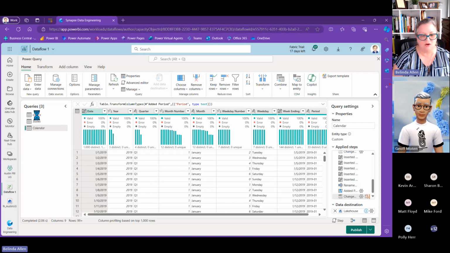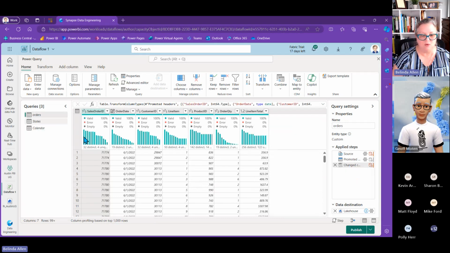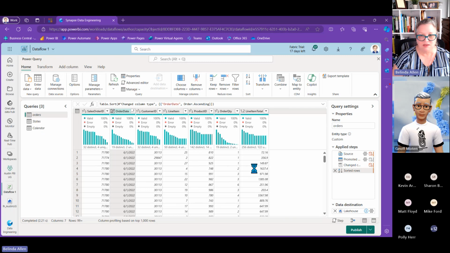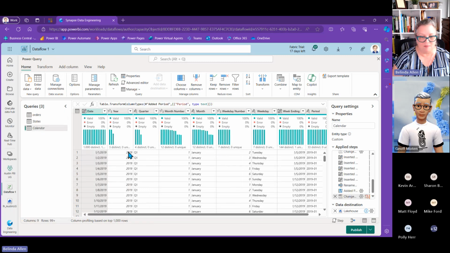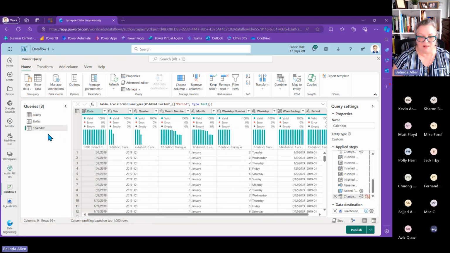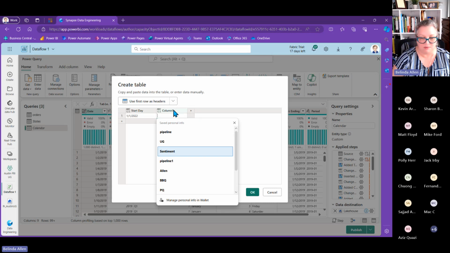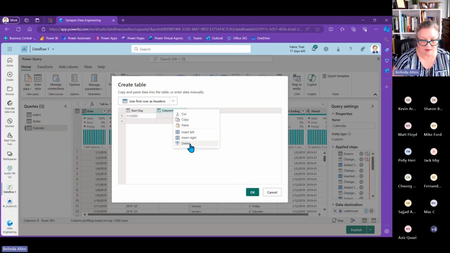Now, I think the year starts here in 2022. Yes, it does. I could double check that by sorting. Yes, okay. And now I don't need that sort anymore, but I know it's 2022. So I'm going to come in and I've got my calendar listed here. The way I built this is by using an inner data table, and I put in the first day of my calendar year or my fiscal year.